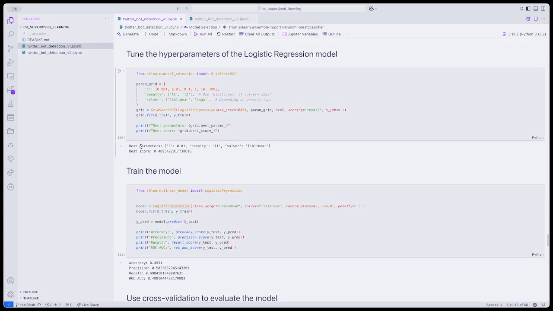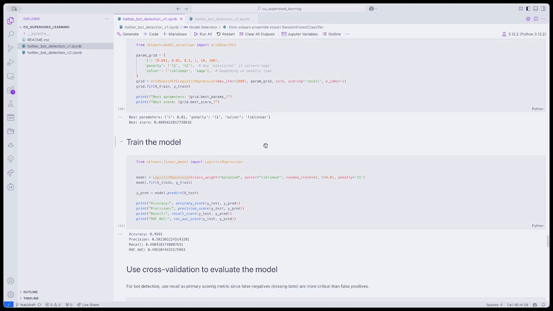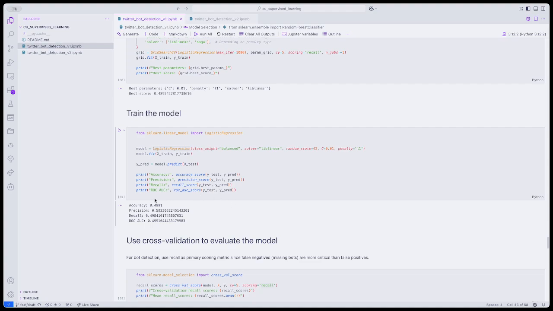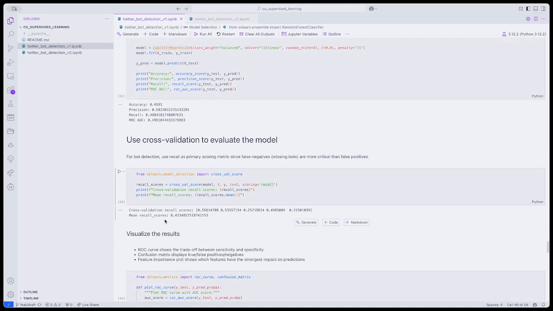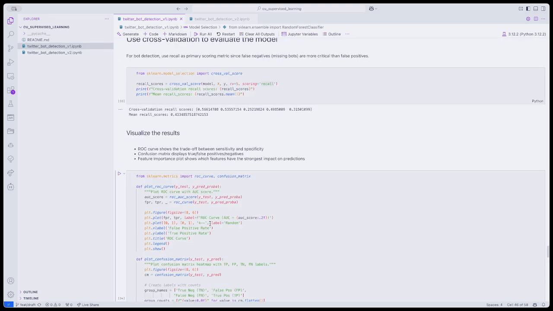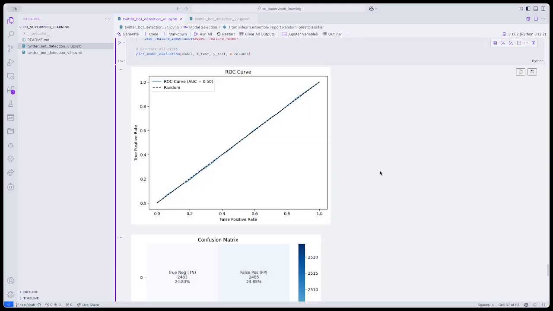After that, I use the best parameters to train the model. As a result, the accuracy, precision, recall, and ROC AUC values are all roughly approximately 0.50. Also, I use cross-validation to evaluate the model, and the mean recall score is 0.43. From the result, you can see it's not better, because from the ROC curve,